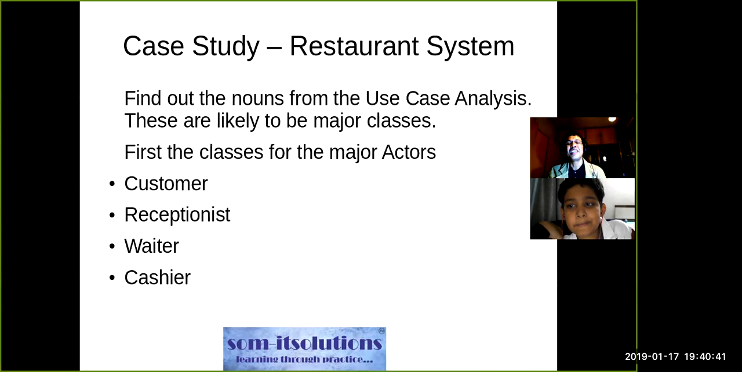So first you need to figure out who are the major actors and who are the major entities. All those things will first be translated into object-oriented classes. Then you will have to find out what should be